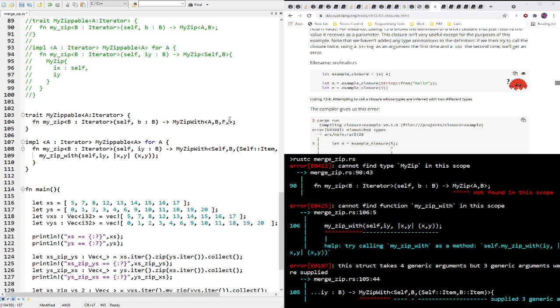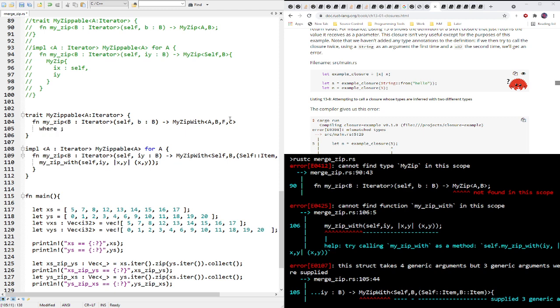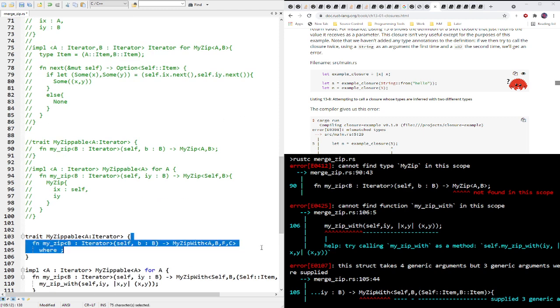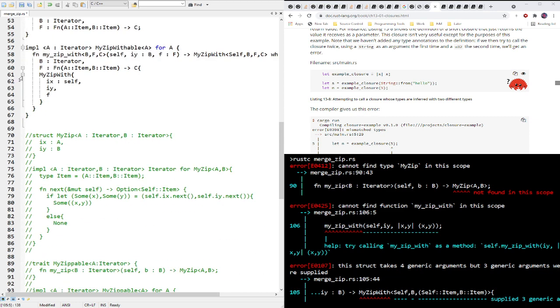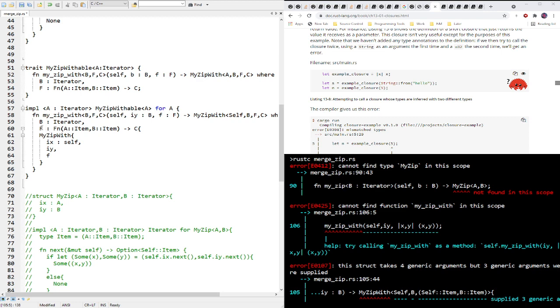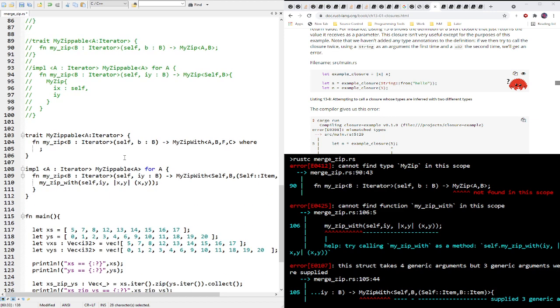I should be able to do a where in a function, right? So if I do A B F C, I do basically where and then put in my... I keep wanting to put the where on the lower line. I guess because I do that way in Haskell. It's fine. I will live with the convention. That's a me thing. So I need basically to say that I specifically